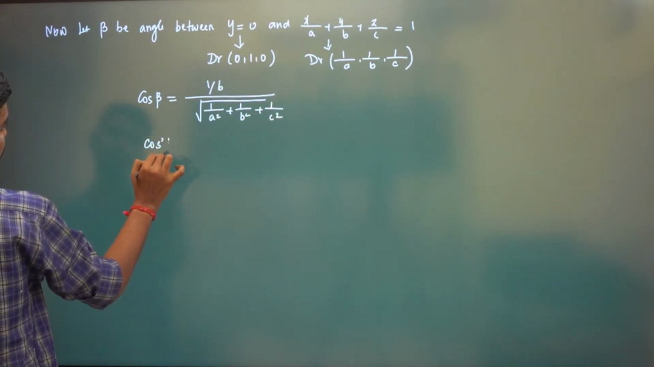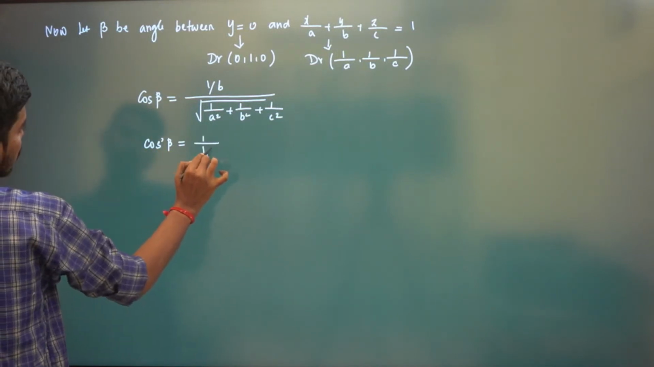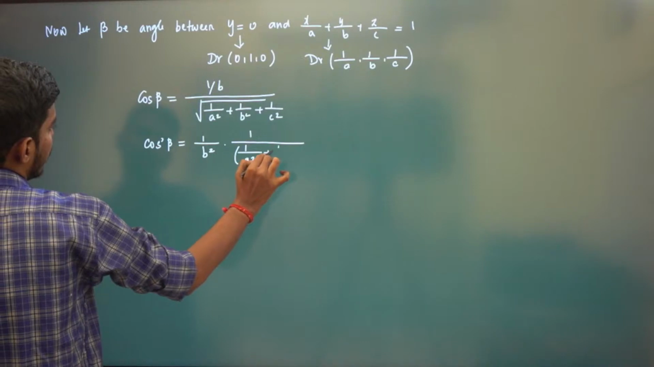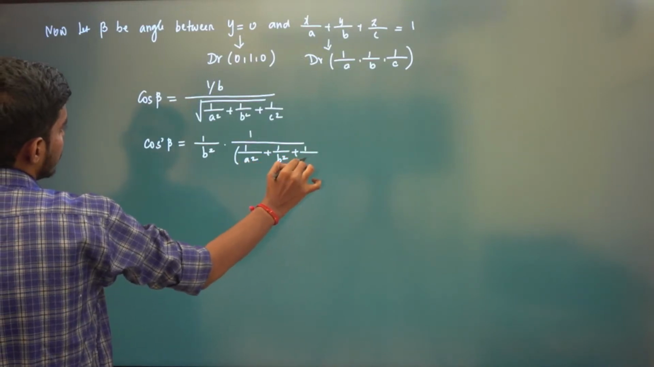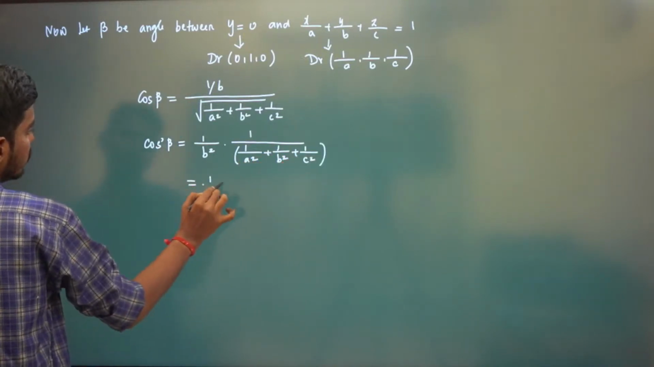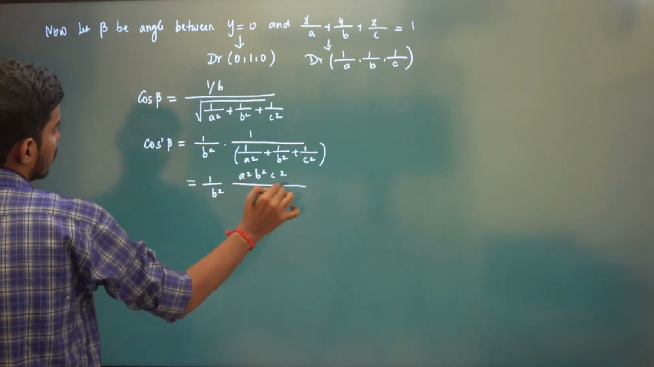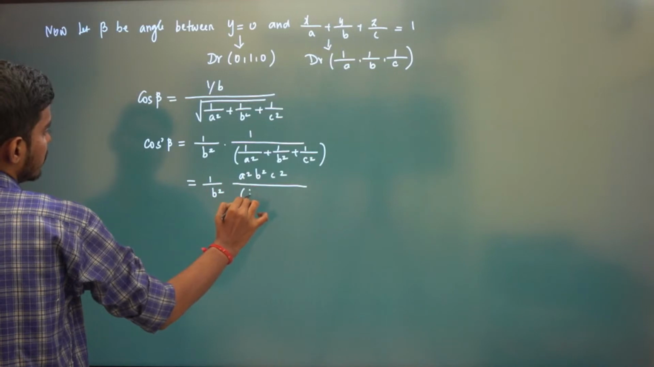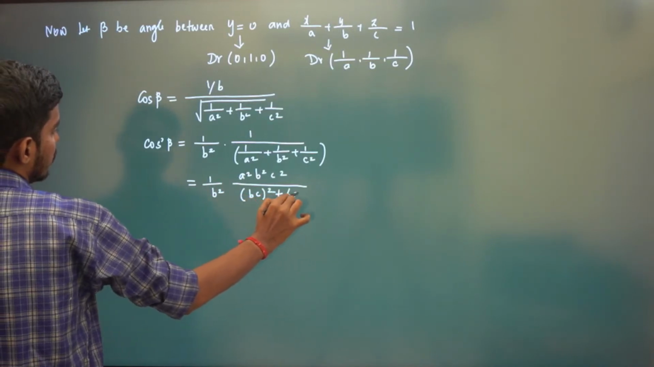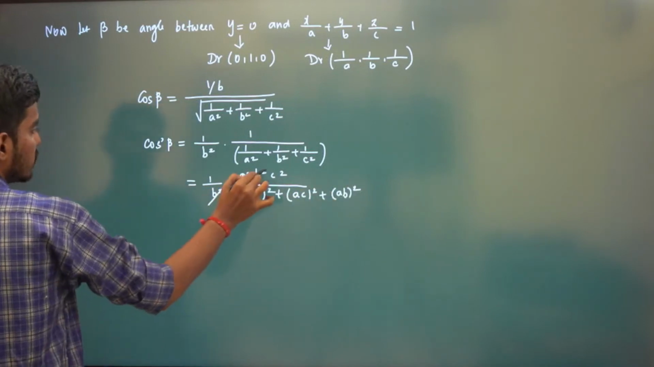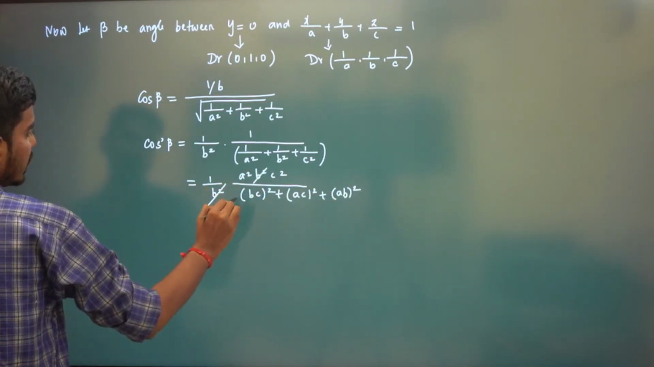Now cos square beta will be 1 by b square by a square plus 1 by b square plus 1 by c square. Now take LCM. LCM is a square b square c square. This will be a square is there, bc is missing. This will be ac whole square plus ab whole square. This b square will get cancelled. So we will have a square